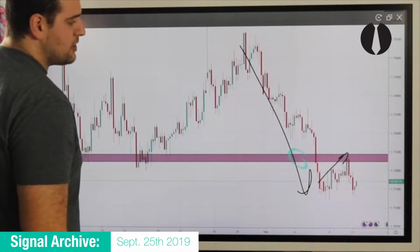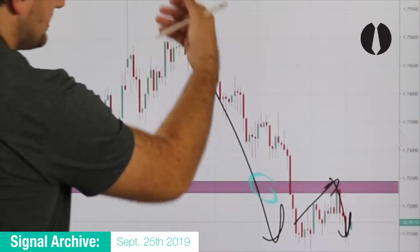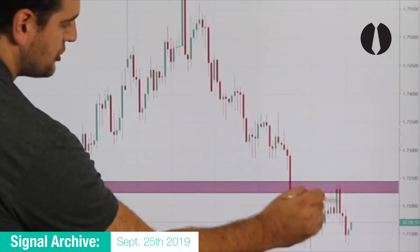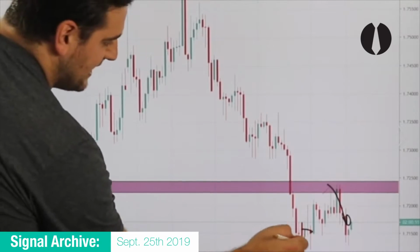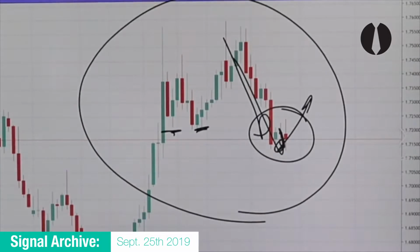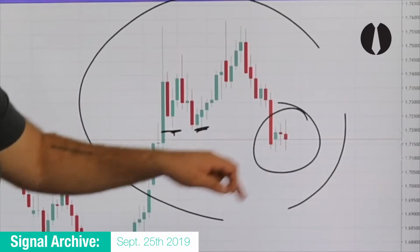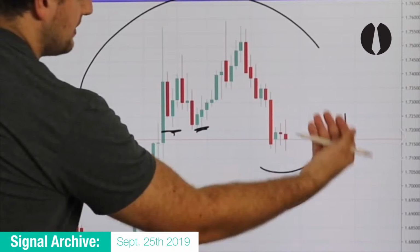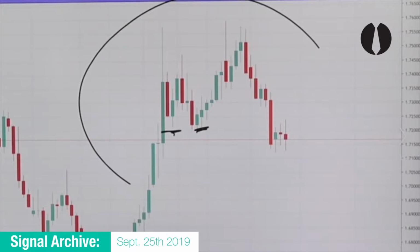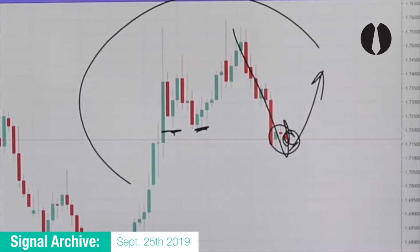We now see an exhaustion, and what we saw was a continuational push to the downside. But what's interesting about this continuational push to the downside? It is seeing buy sensitivity on a horizontal level, and that buy sensitivity on a horizontal level is identified by these pin bar closes. And this means that this has a high probability potential to be the beginning of price's